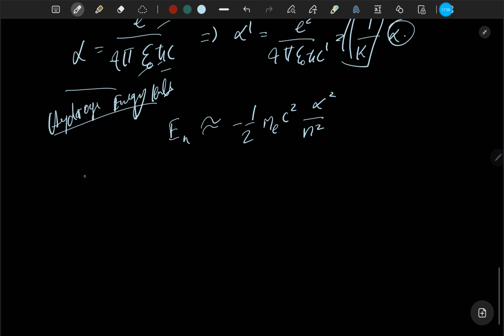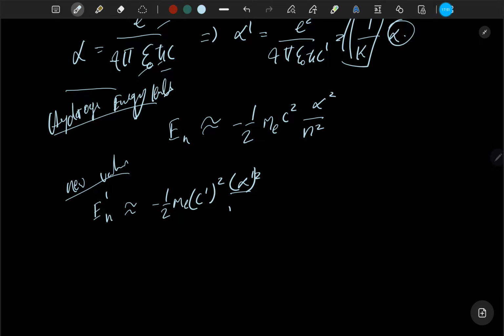So with the new values that we got, oh, this is gonna be long, the new speed and the new alpha, by n squared, this should give minus 1 by 2 m e k squared c squared, alpha by k whole squared by n squared,